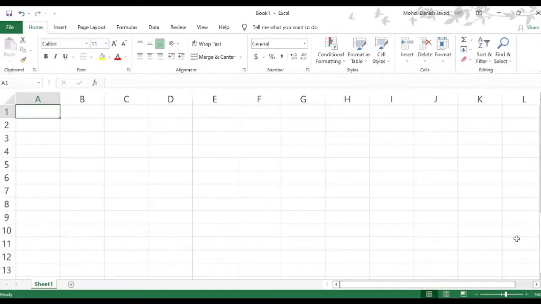So the question is sum of digits when cell contains all numbers, right? So if we put in A1, 89656,